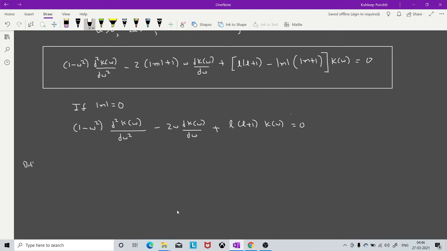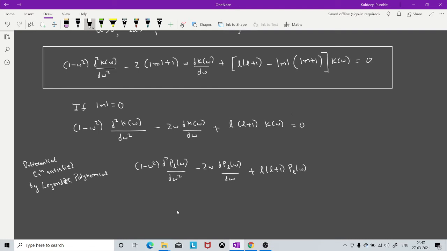So if I write the differential equation satisfied by Legendre polynomial, then you must be knowing that it is 1 minus omega square d square P L of omega by d omega square, minus 2 omega d P L of omega by d omega, plus L into L plus 1 P L of omega is equal to 0,